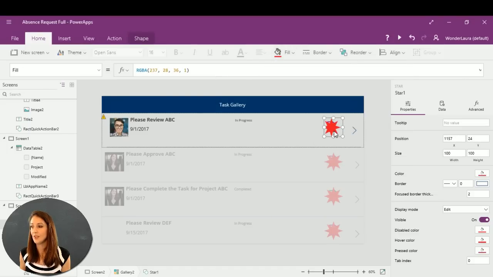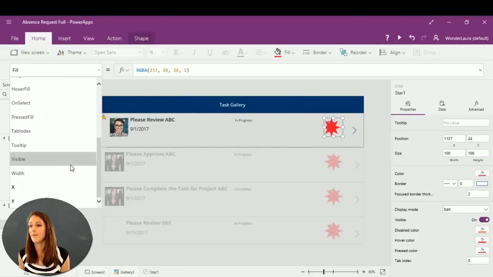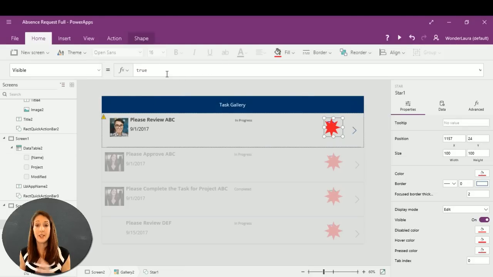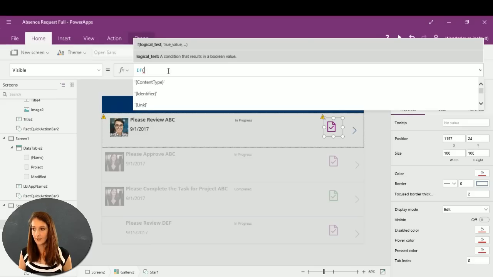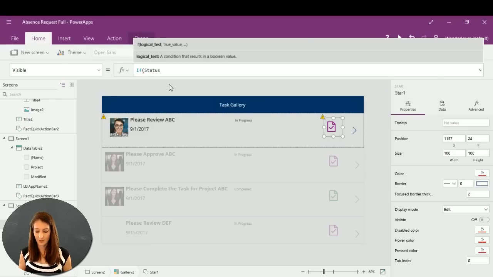So the condition for this one showing needs to be the opposite of what the condition is for the other one showing, right? So this one's going to be visible. So visible, the value just needs to be true or false. So it's just going to be about creating a condition to show or hide it, the visibility, make it true or false. So if status is not equal to completed,